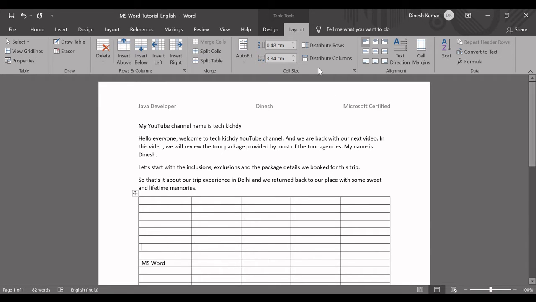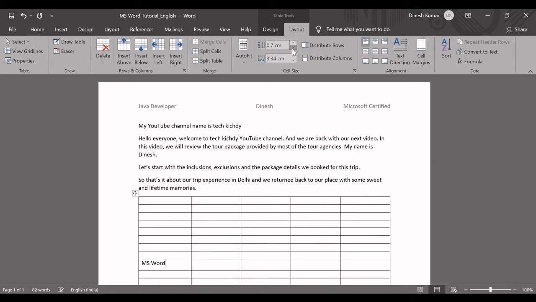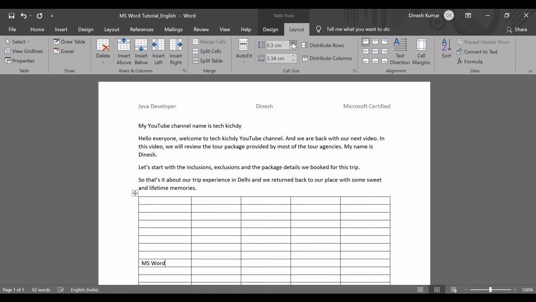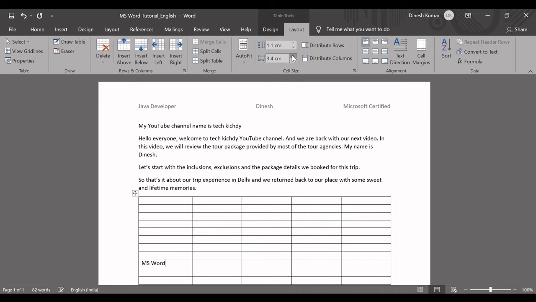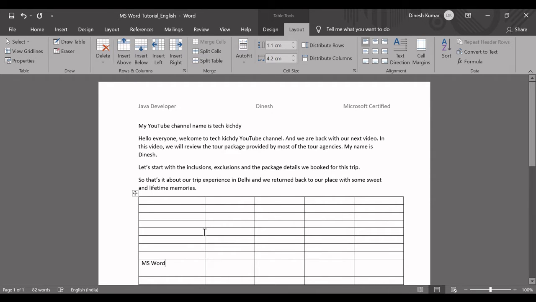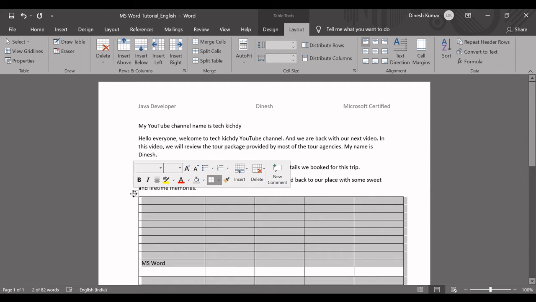Okay, and the next one is increasing or decreasing a particular cell size. So let me just put the cursor here, and I'm increasing the size of this cell. Okay, so you can see the cell size has been getting increased, the height has been getting increased, and if you want to increase the width, you can also do that. So a simple way is, just drag like this. You can just play around like this also. But if you want to keep all the cells in the same size, probably you can select the entire table